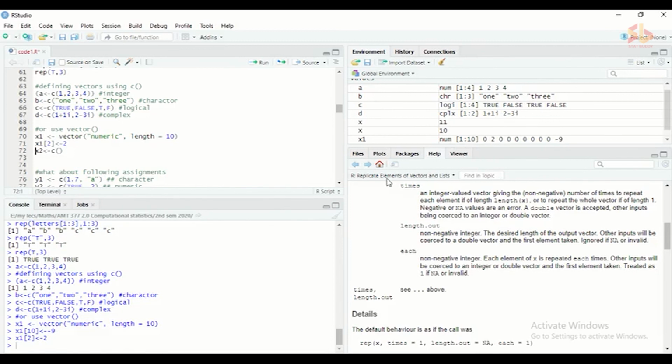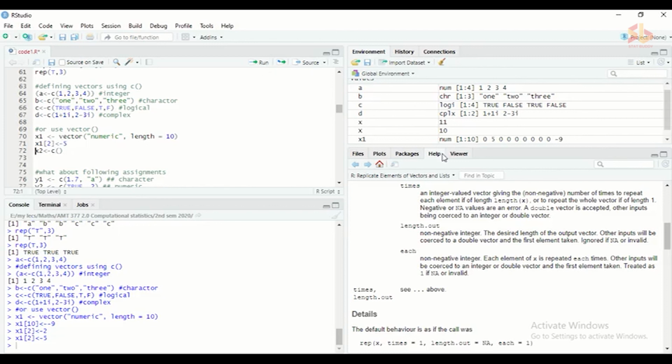Likewise, you can replace the values as well using the same technique. Suppose I need to change this second position from 2 to 5. So then type a similar command line, x1 bracket 2, and I want to assign 5 to that position. Then execute this command, our 2 is replaced by 5 now.